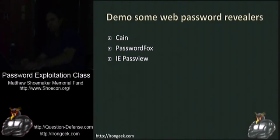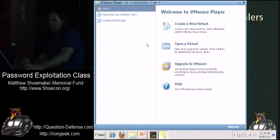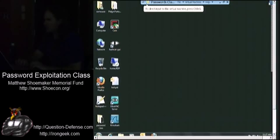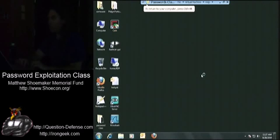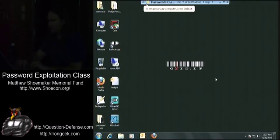Let's demo some of these. Let's show off Cain, PasswordFox, and IE PassView. Let me switch back to my VM. Make this go back to full screen. And let's show off Cain first. Cain has so many different things for doing all sorts of stuff. Not only network level sniffing, but also like pulling stuff out the